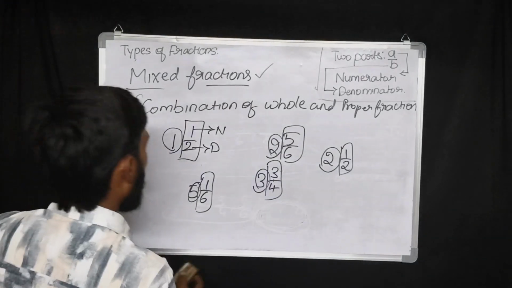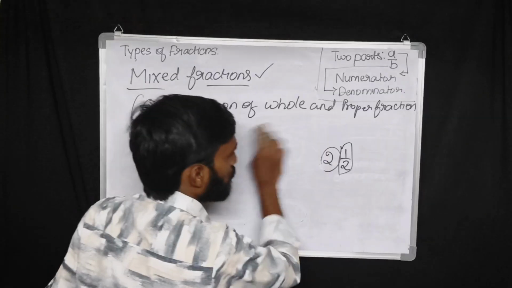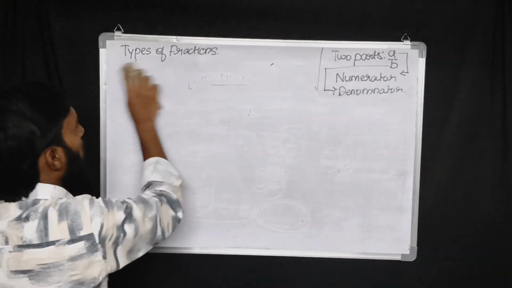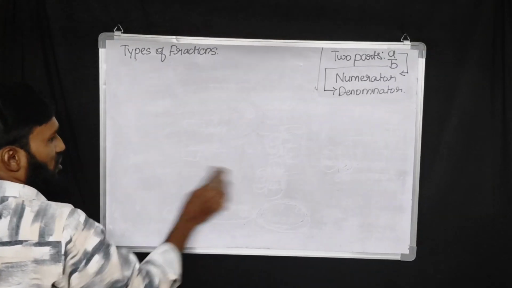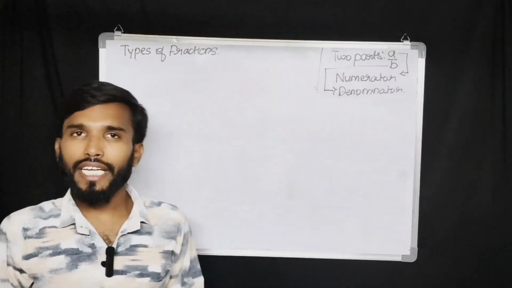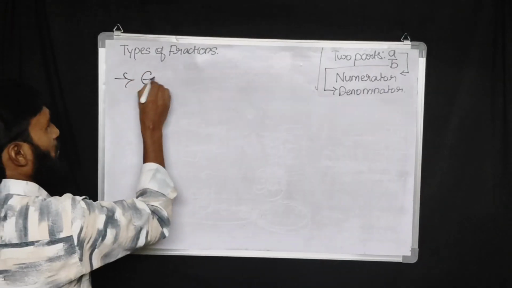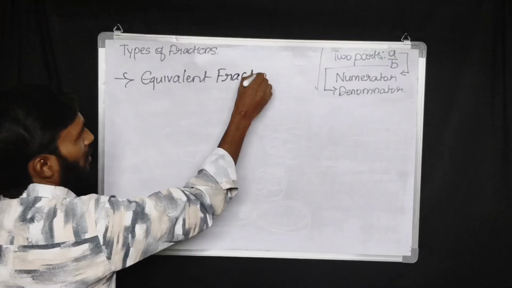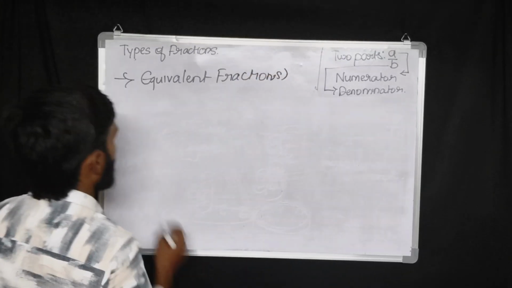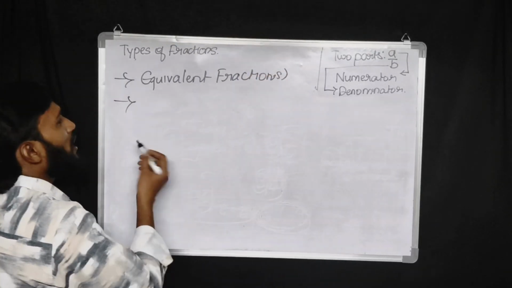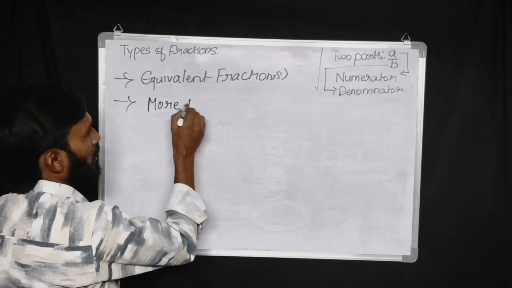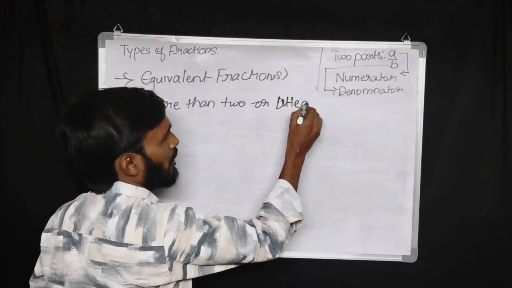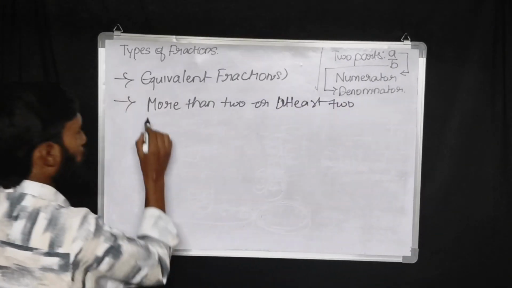Now let us see the last type of fractions of our fraction family, which is equivalent fractions. What is an equivalent fraction? In the name it is saying equal. That means equal fractions. First try to understand the condition of equivalent fraction. Two or at least two fractions